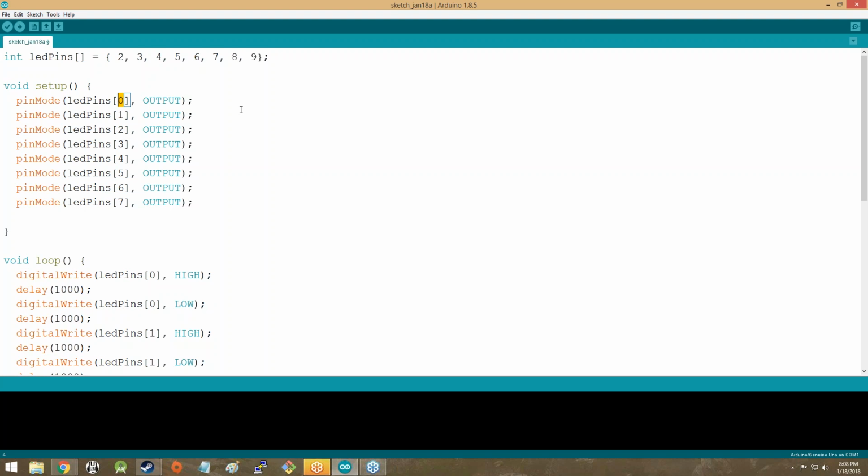Conversely, because they start at 0, if I tried to access LED pins 8, nothing would happen. In fact, the computer would probably freak out at me, even though there are 8 elements. And that's because we start at 0. So you end at however large it is, minus 1. Anyway,